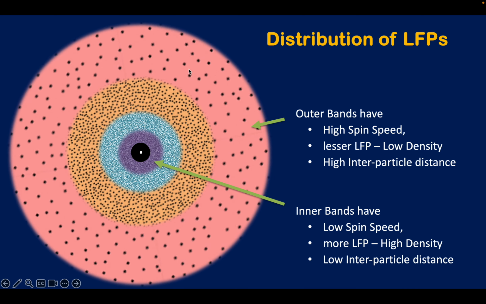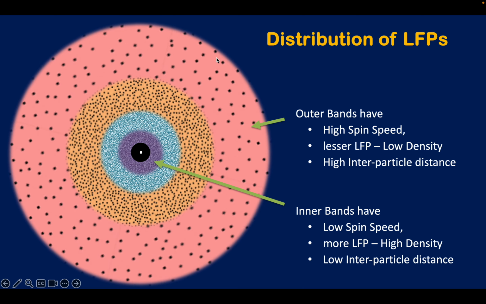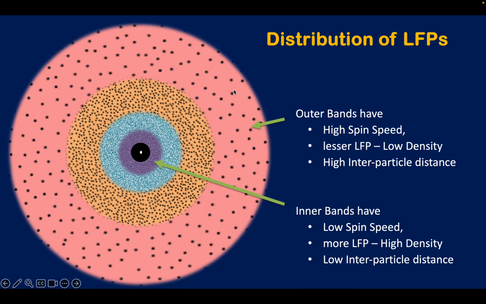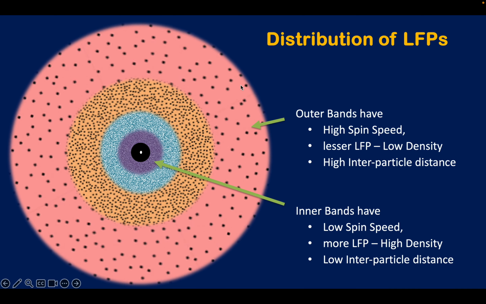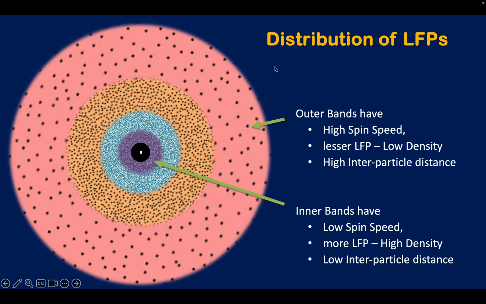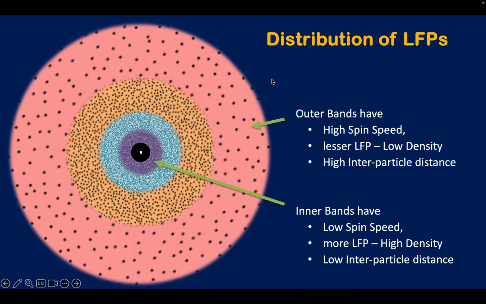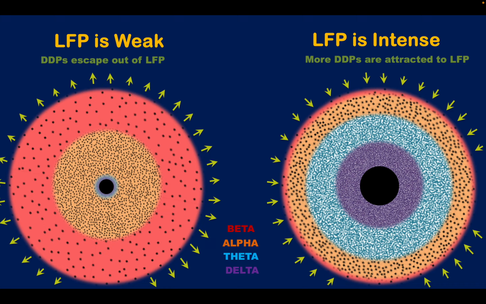But if a person has lots of thoughts happening, and has lots of life force particles in the peripheral region, then there is no cohesiveness. These life force particles can easily escape from a person's body. That results in weakness and loss of energy. We can see this much better in the next pictures.